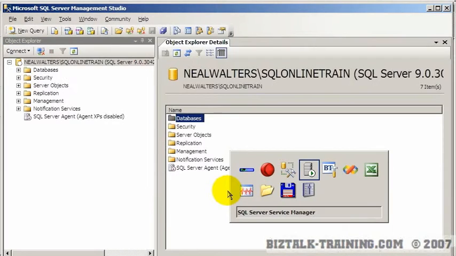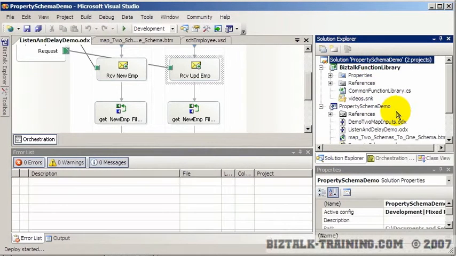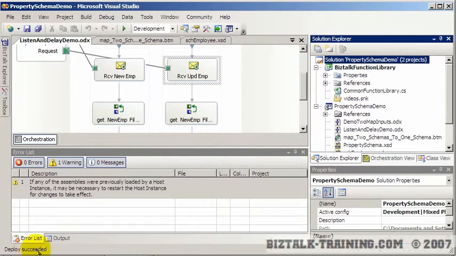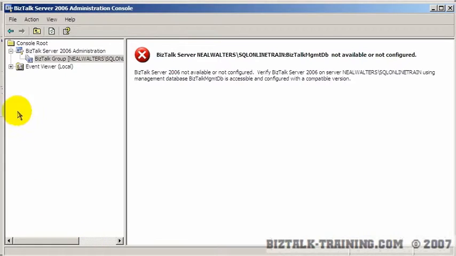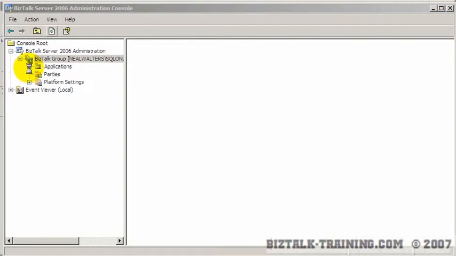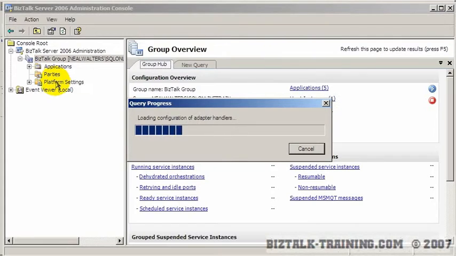Yep, so now I'm going to just redeploy again. Took a few seconds, and it says down here in the lower left corner, deploy was successful. Now if we go to BizTalk admin and then refresh here, zoom on down to applications. And by the way, when I deployed this, I forgot to actually set the application name. So by default, all applications that don't have an application name are going to be